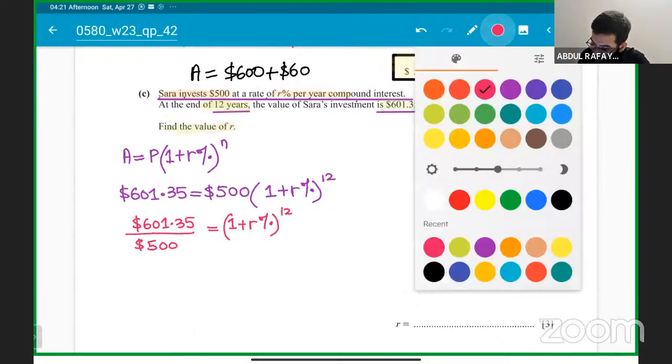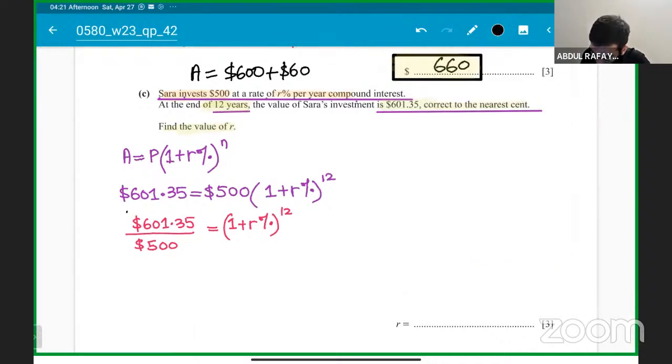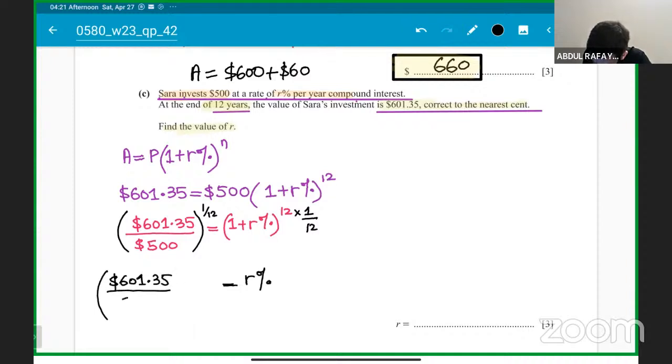करना है वो इस तरह होगा। नेक्स्ट विल बी, सर, कि हमें चेंजेस करनी पड़ेंगी, हमें पावर्स को चेंज करना पड़ेगा, बिकॉज इट इज इन पावर, तो आप इसको 12 इंटू 1/12 कर देंगे ताकि ये पावर कैंसिल हो जाए, और यहाँ पर आ जाएगा 1/12 पावर। तो क्वेश्चन बन जाएगा कि R% इज इक्वल्स टू, R% को आप यहीं छोड़ देंगे स्टूडेंट्स। मेक श्योर कि जैसे मैंने आपको टेक्निक बताई है कि पहले आप कैलकुलेटर में सॉल्व ना करें, पहले सब कुछ फॉर्म कर लें और फिर कैलकुलेटर फॉर्म करें। तो दिस ब्रैकेट विल हैव पावर ऑफ 1/12